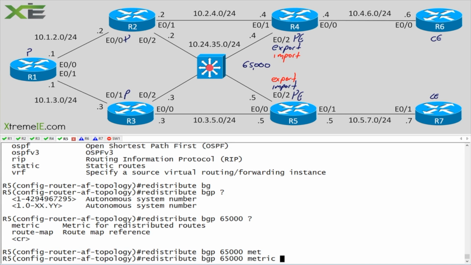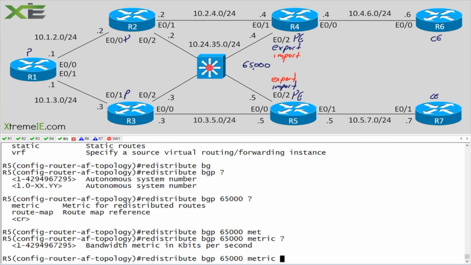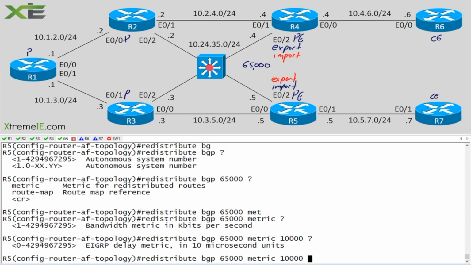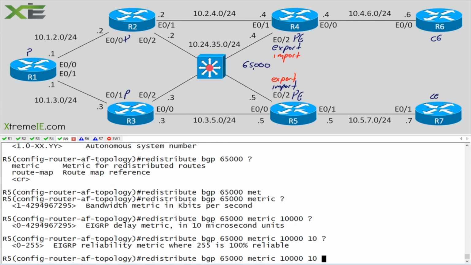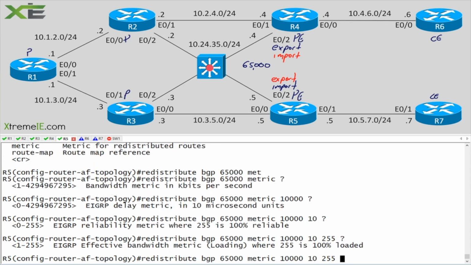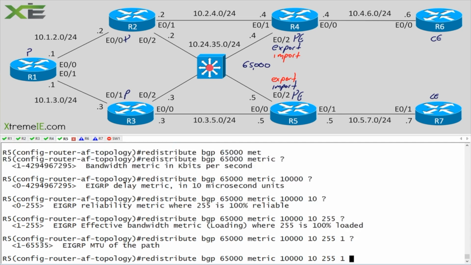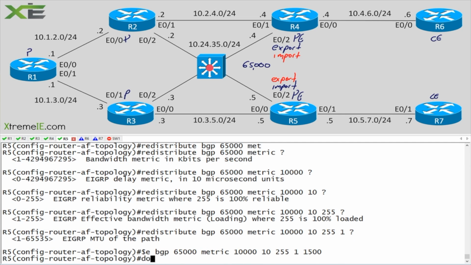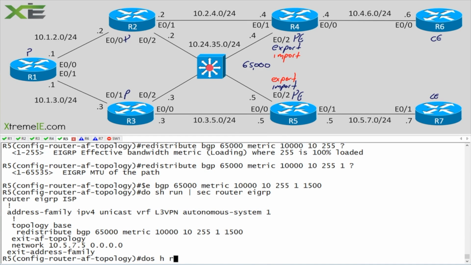And we need to give it a metric. Remember, EIGRP likes a metric. What's the bandwidth? I don't know. Let's say 10,000. What's the delay? I don't know. Let's say 10. What's the reliability? Well, we'll say 255. What's the load going to be? Well, the load, we'll just say it's 1. And what's the MTU going to be? Well, we'll say 1,500, right? Do show run section router EIGRP. So now we have mutual redistribution